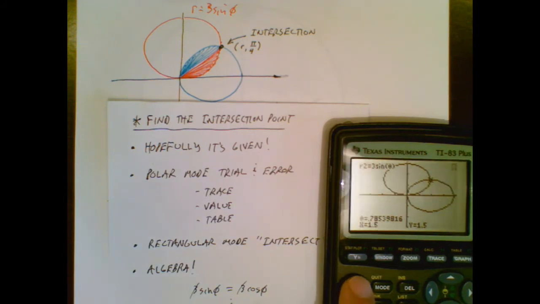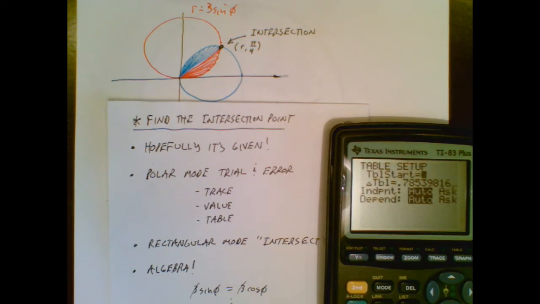But I can also do this. I'm going to set up the table, and I'm starting at 0. In this case, since I'm suspecting that it's at pi over 4, I'm going to make my table go by increments of pi over 4. And now this one's going to give me a firm conclusion, not an "I think so" conclusion, because now if I look at the table,